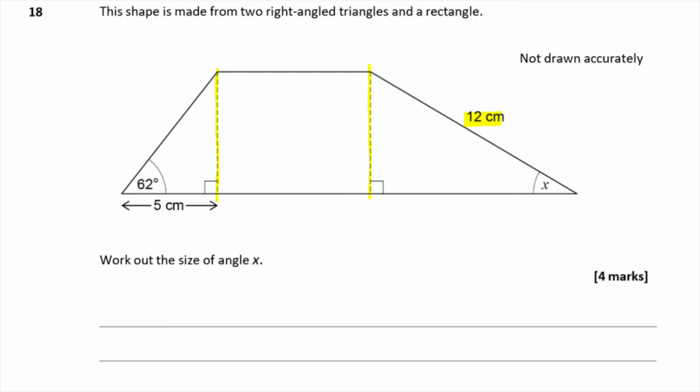We know the angle and we know the adjacent. This is the adjacent side. This is the hypotenuse. This is the opposite. Okay, so we're going to use trigonometry, and we're going to have to work out which bit of trigonometry we're going to use. So it's time to think of our handy mnemonic,